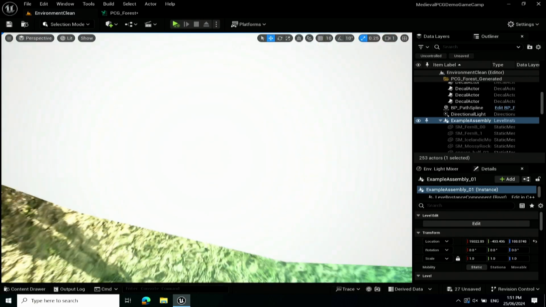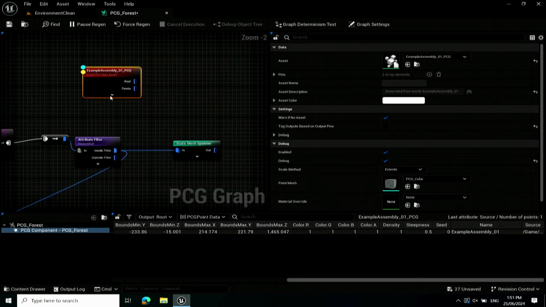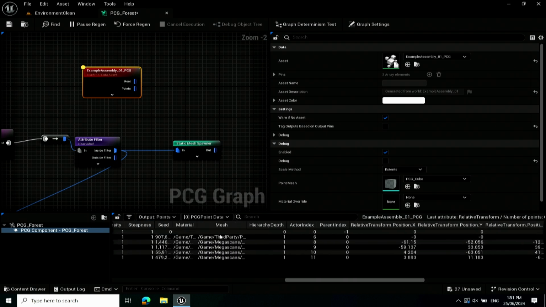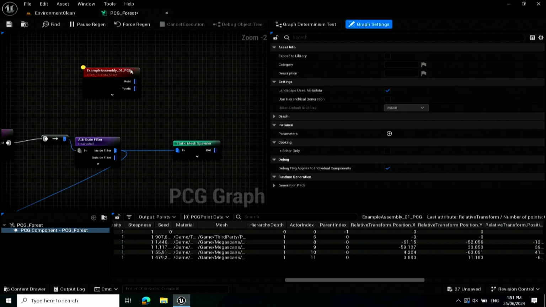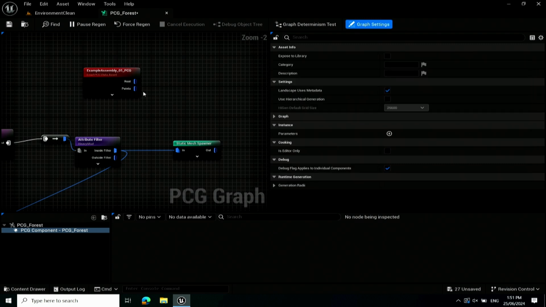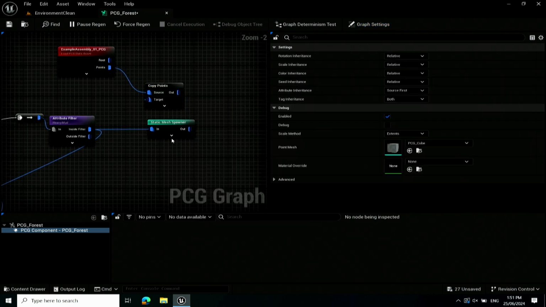But if I go inside of that, you can actually see that there is a bunch of other cubes and things here. That's because if I hit A, we can see that this is holding all of the information about the meshes that were in the level that I placed in that little tiny micro level, that assembly that I made. And that's really, really important because honestly, in my opinion, that is the key to substantially unlocking better features with PCG. Because I can get these points and I can copy them